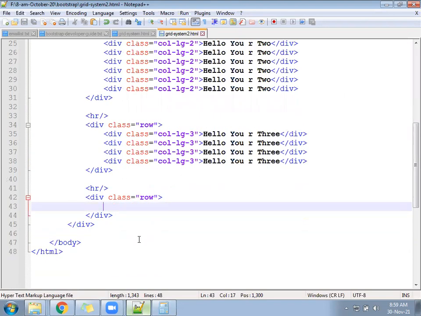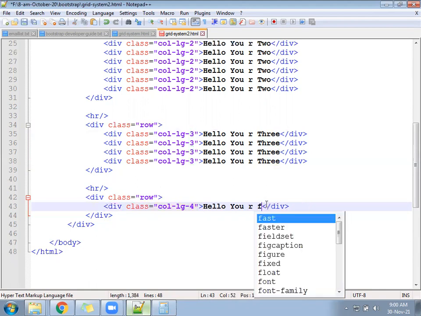Inside this, we are going to use col-lg-4.